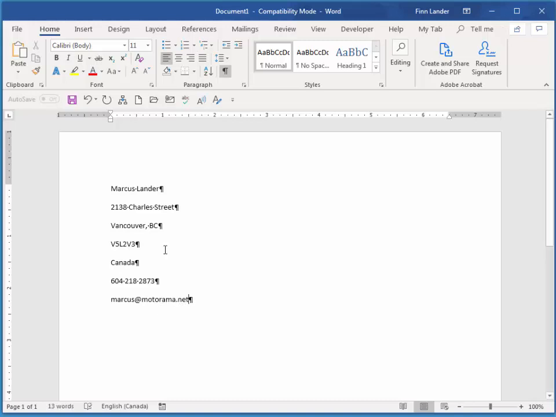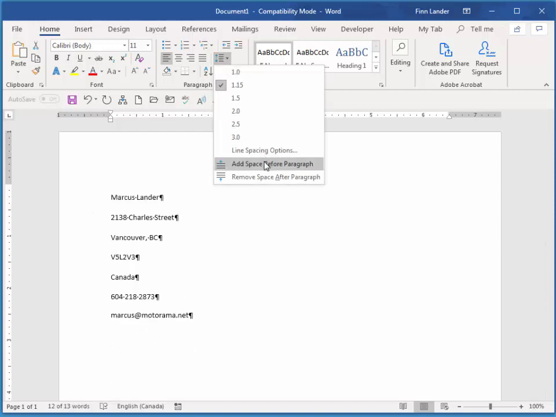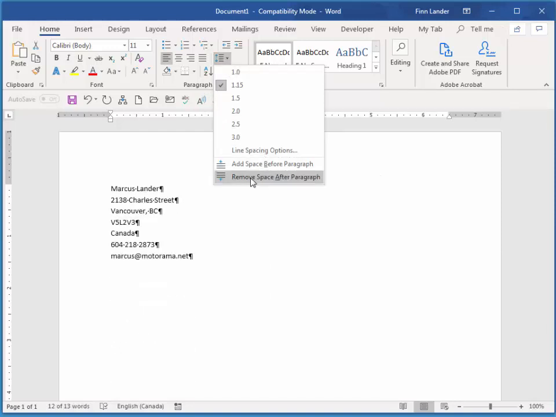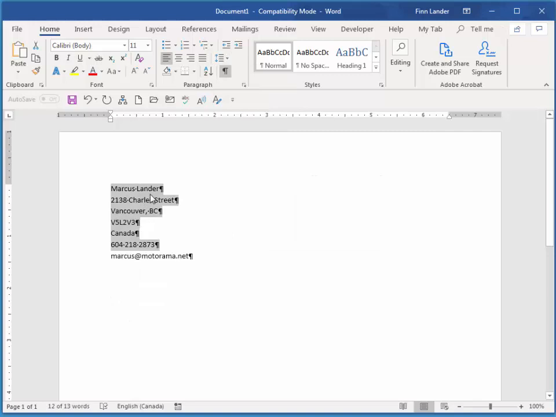Now I'll do a little bit of formatting, and I'm just going to remove the space between the lines there. And maybe I'll make my name a little bigger. And that looks pretty good to me. So what I want to have happen is when I type in my three initials, I want this to appear. So what I do is I just select all of that text,